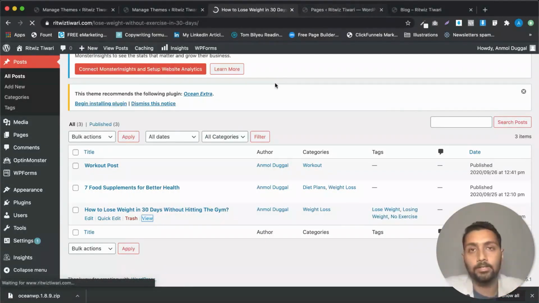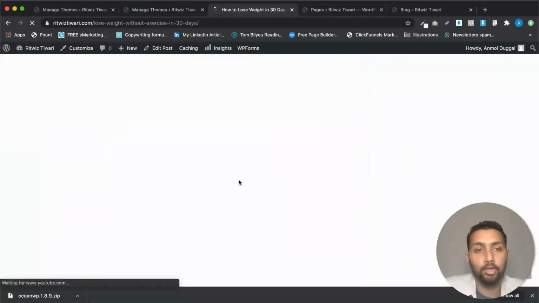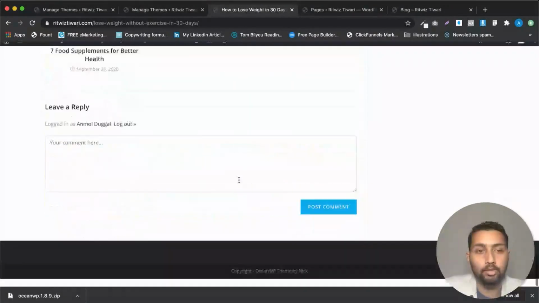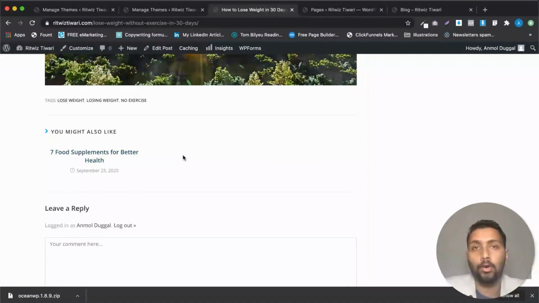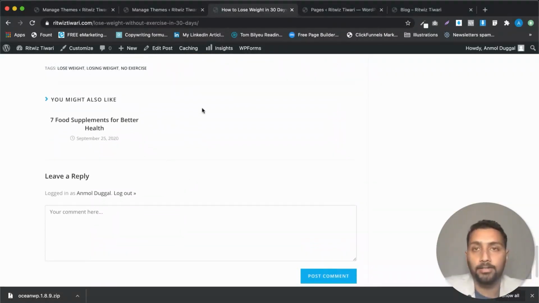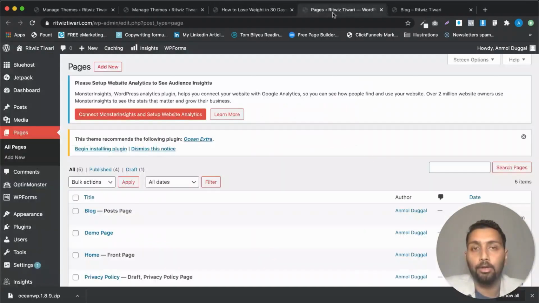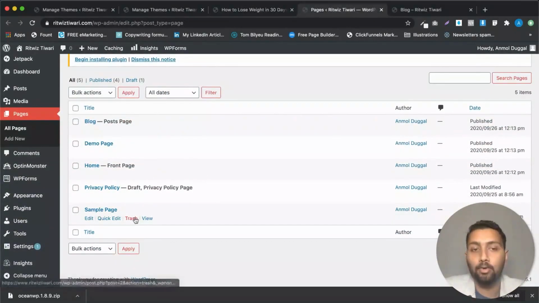All right, let's just open this page. Since we're talking about the best practices, I thought I should delete it in front of you, or I could have done it after switching off my camera as well. But why not here itself? It takes just a few seconds. So see, now the comment is not there. Talking about the pages, the sample page, I want to delete it. I will just click on trash and the page is deleted.